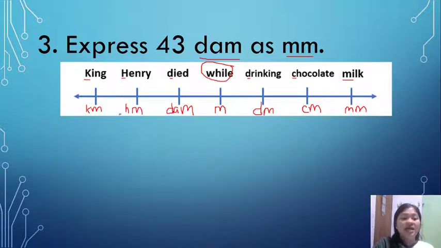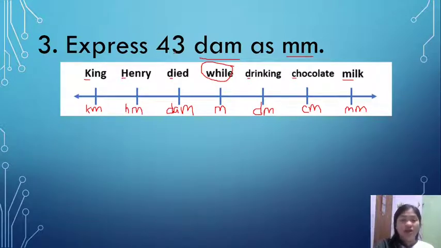King Henry died while drinking chocolate milk. So, if you repeat that many times, it will stick in your memory. You will not forget the proper arrangement from the prefix kilo going down to milli. Okay, while I am explaining this sentence, King Henry died while drinking chocolate milk, I think you already